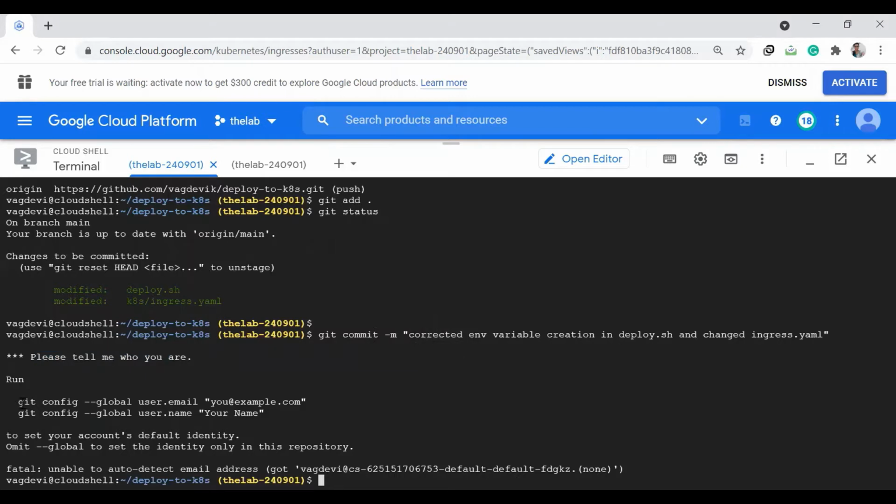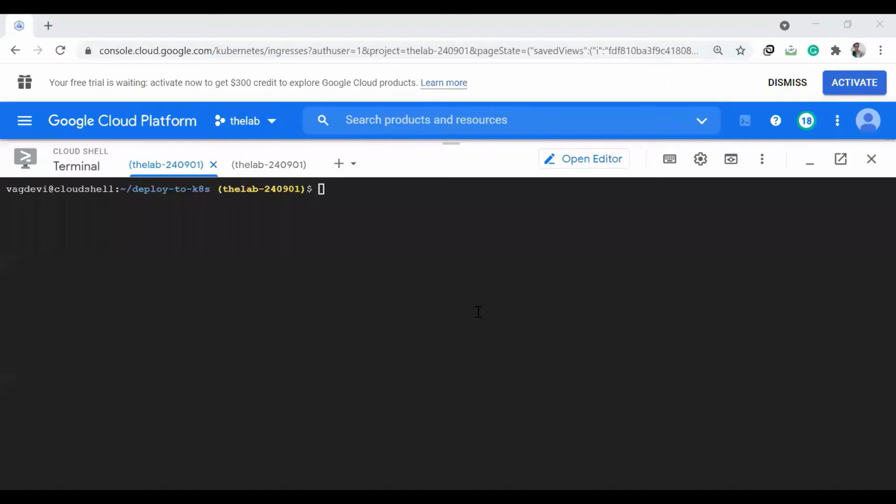So let us configure these things. My email ID should be given here. So just give your email ID and then the username. So I'm just pausing the screen here. Now I'm going to commit that.